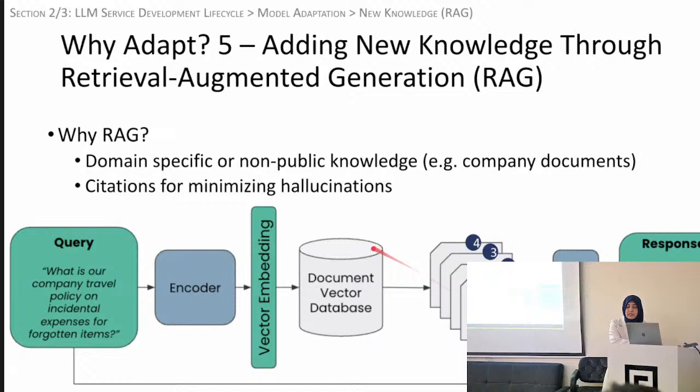This also minimizes hallucinations. Hallucinations is when the LLM makes up a very fake but very credible sounding answer, right? That's a common problem in LLMs. So you can force it to actually cite from the document, right? So that forces it to just stick to the facts and not hallucinate. So this is basic RAG.